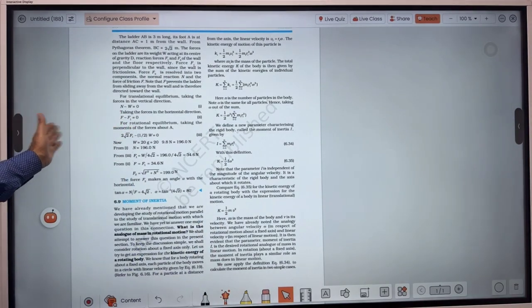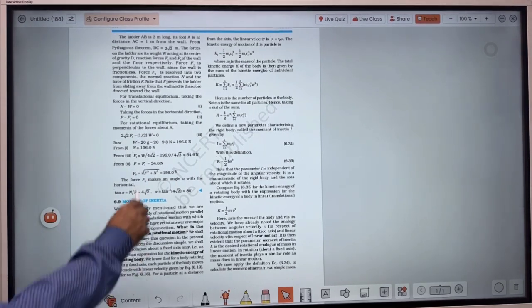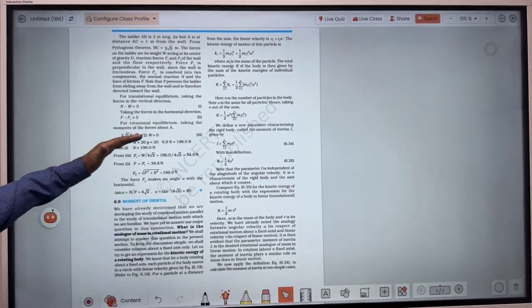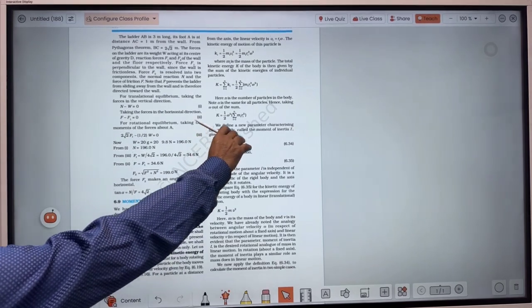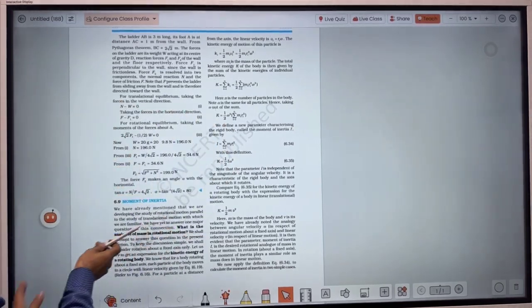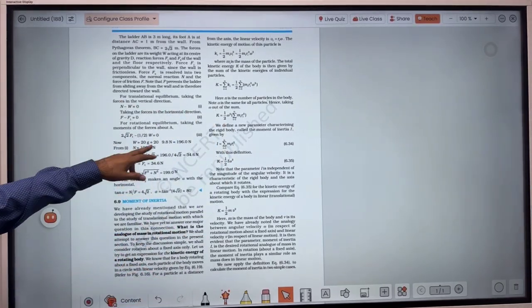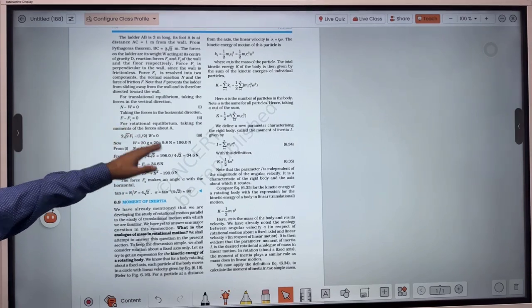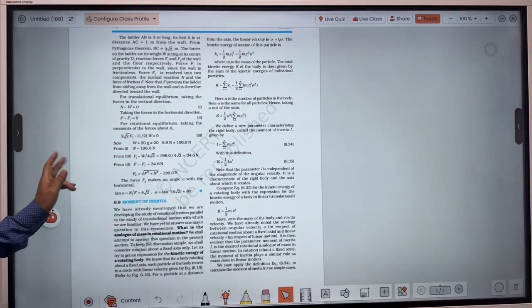Then for translational equilibrium, so it should not move, so its weight and normal reaction should be same. So this is the first equation. And for horizontal forces, one force is acting in this direction and frictional force will oppose it. So that is why F minus F1 equal to 0. And for rotational equilibrium, as I told you, you will consider